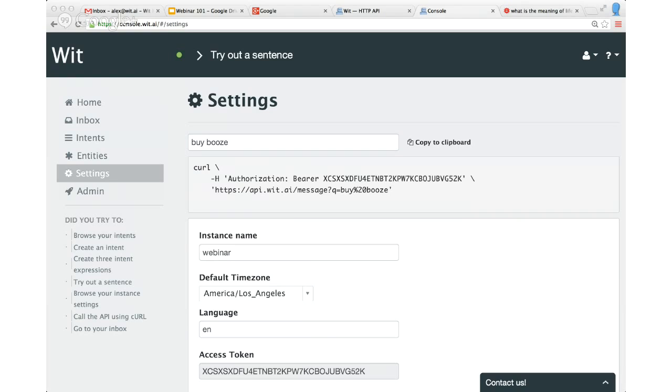And the body of the entity means the span in the sentence, and the value of the entity is booze. And you also see that the detail that suggested true means that booze was not in the list of our entity. It was added by Wit, so it's a suggested addition to the list.